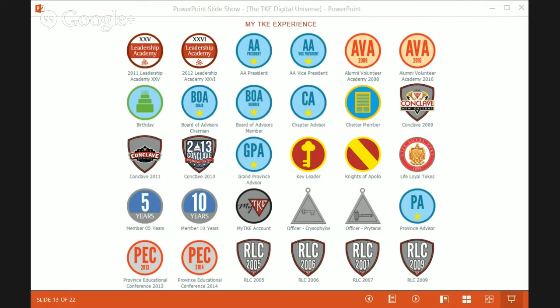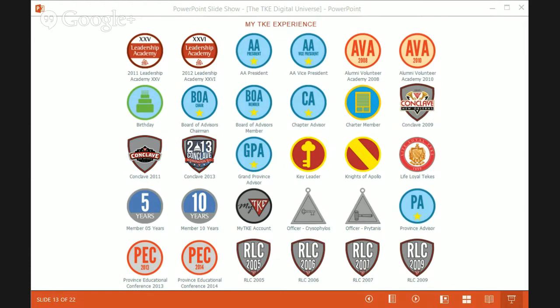We want to recognize people who attend and achieve at a very high level in the organization. And so one of the things we've created is a badge leaderboard. And we've seen, since the leaderboard has gone up, a huge impact in people contacting us to get more badges and to share more information with us because they want to see themselves go up in the leaderboard. There's also a chapter leaderboard where you can go and view your individual chapter ranking and where you rank among all the Teaks from that chapter.